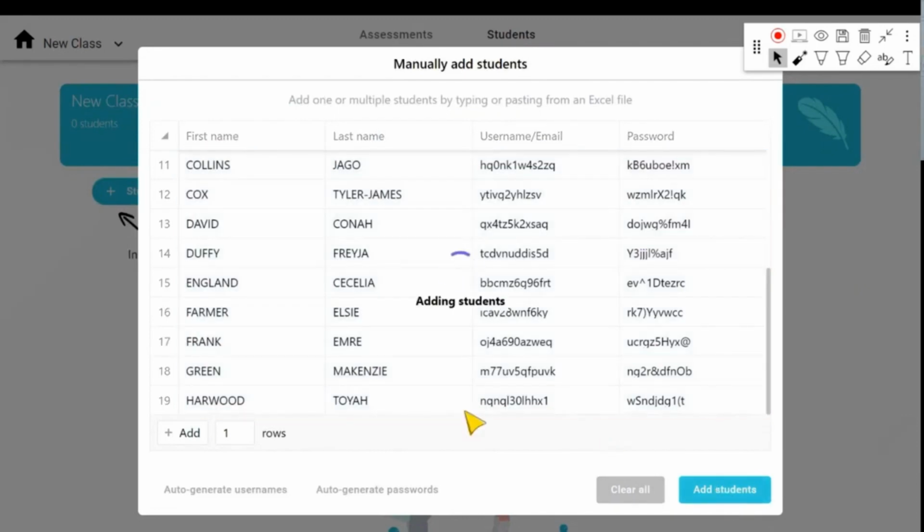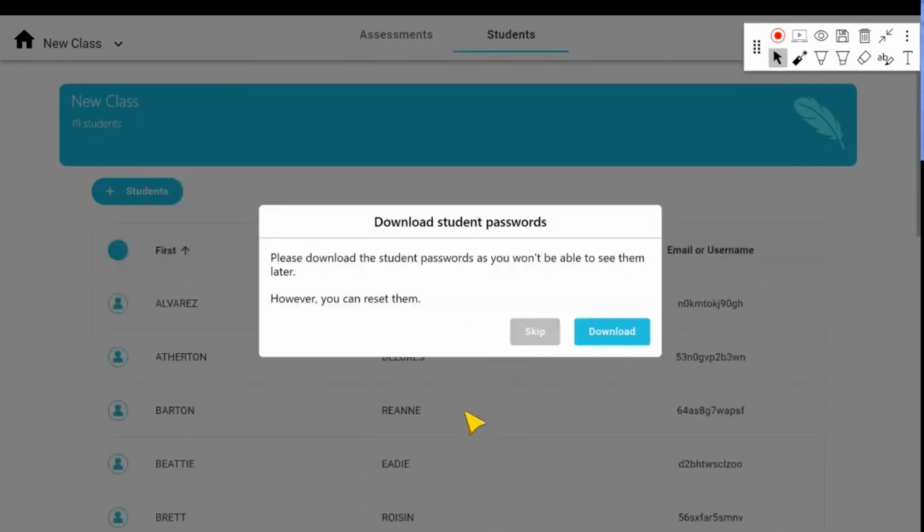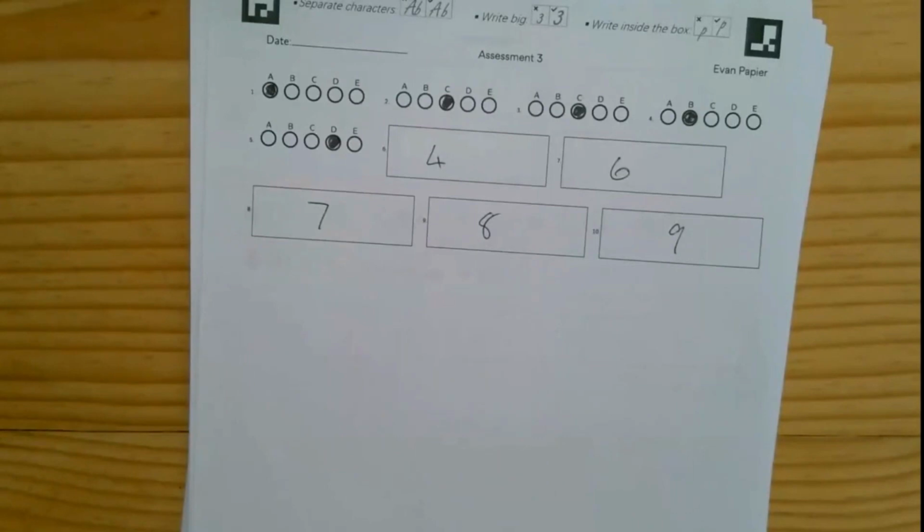Now, the reason I want to be able to do that is I want to show you here again on the camera as it's adding the students. Here it tells me, please download student passwords as you cannot see them again after you have set them up, but you can reset them if someone forgets them. But over here on my camera again, I want to show you that